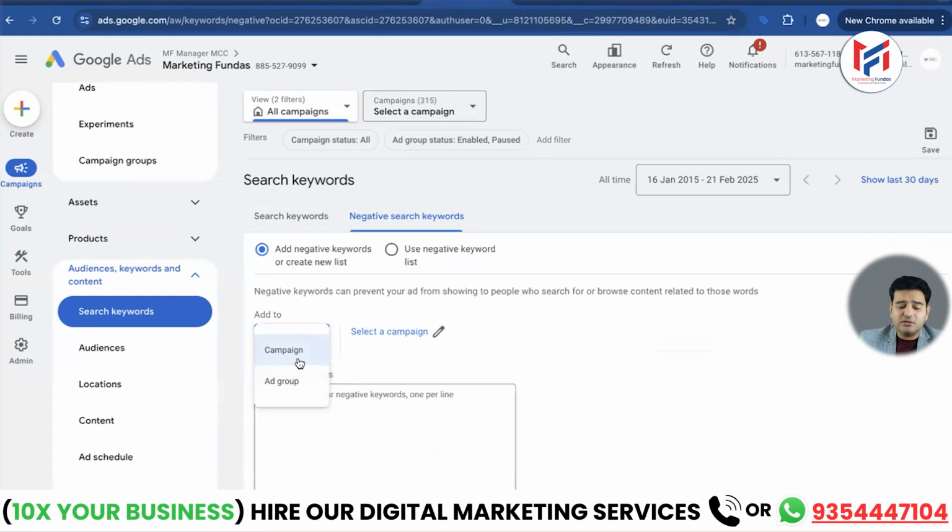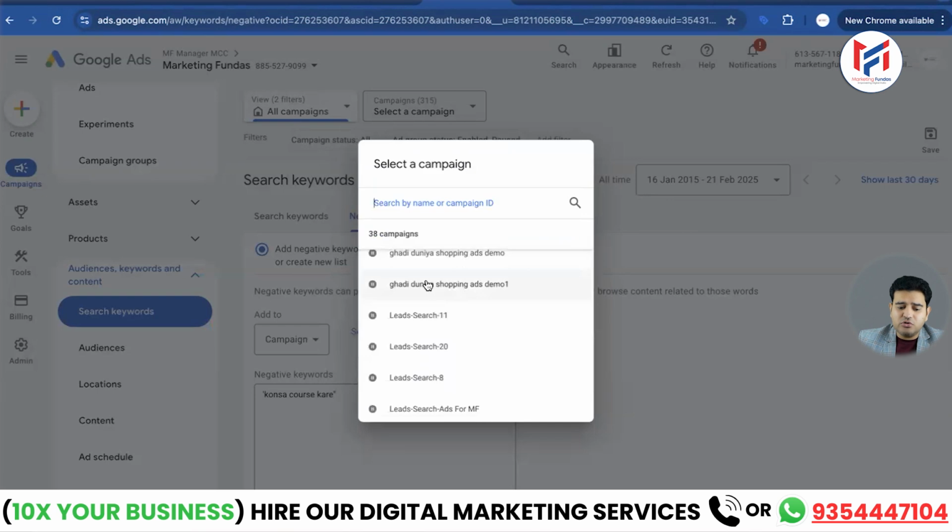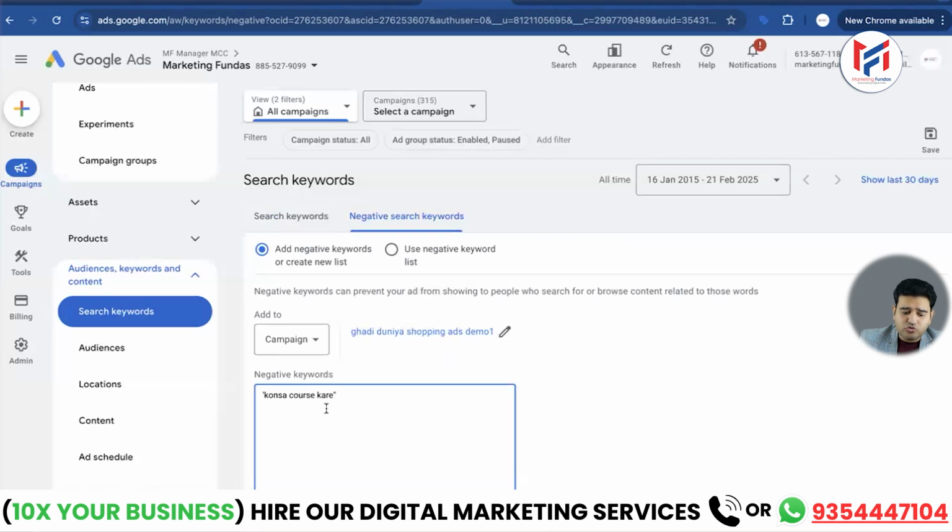So here I have chosen the campaign level and added the negative keyword, which course should I do. The person does not even know which course he should do. Means he can do any course of any industry. So I don't need that traffic. Okay, so I've added this in the keyword list. Now here, you can also choose the campaign from here. I would choose this one, the campaign that is running, this particular campaign,